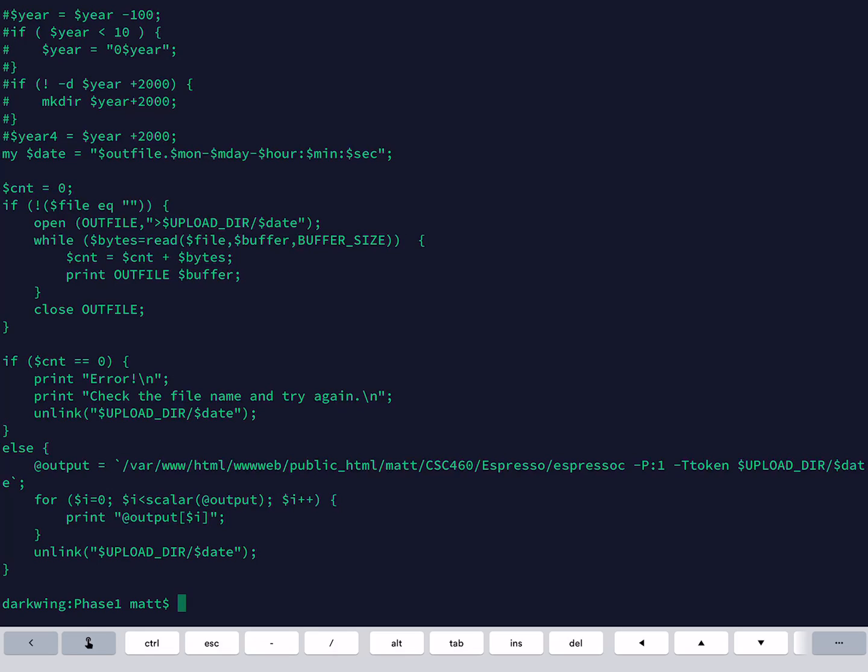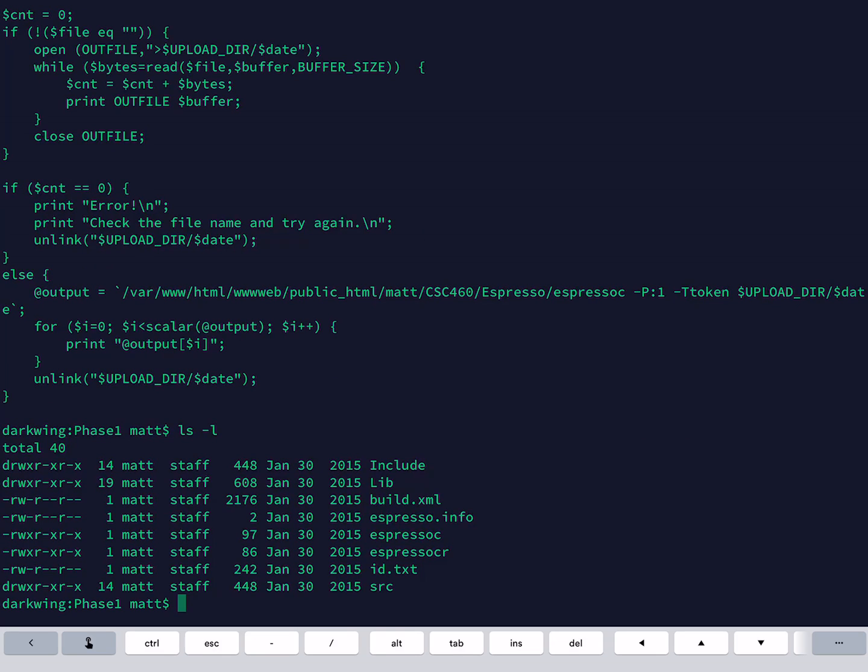And it should spit out something, not just the Perl code. It should actually give you a list of tokens. That's disappointing. Oh well. Anyways, in order to compile your compiler, type ant.